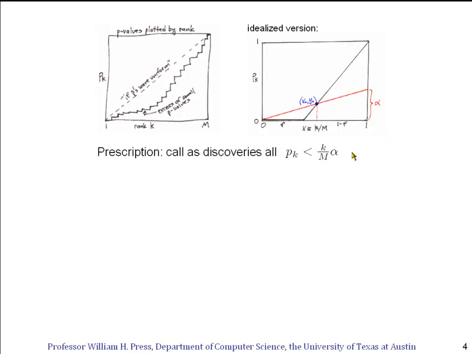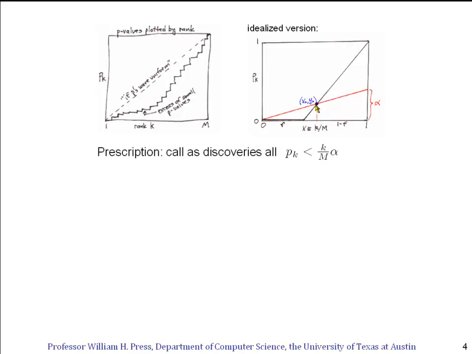Now, the prescription of false discovery rate, shown here, is that if you want to set a limit on your fraction of false discoveries alpha, then you should take as real events all events that have a p of k less than a value k alpha over m. Geometrically, what that construction says is that there's a red line of slope alpha, because when k is equal to m, we get the vertical height alpha, and it's linear in k, so it goes linearly up this slope. And the intersection between our p of k curve, which was this black curve, and the red curve is the critical value of p of k, below which we should call the discovery real,